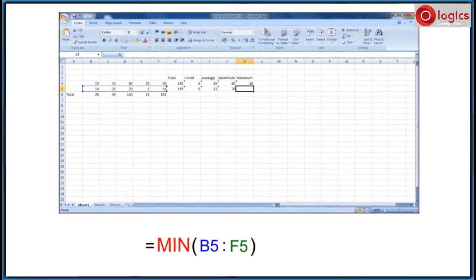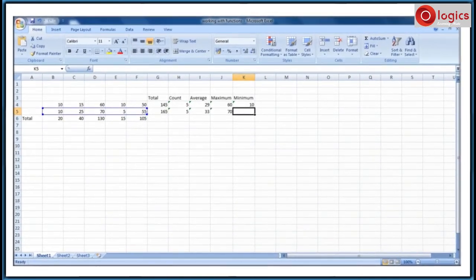In my Excel sheet, I have selected K5 to get the minimum number. Here I am typing the prepared minimum function in the formula bar. Press enter to get the minimum number in the selected cell.